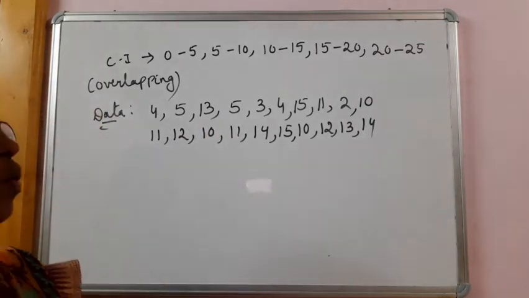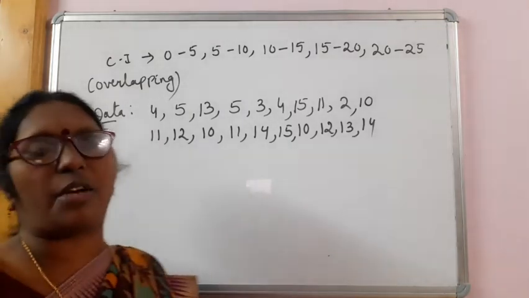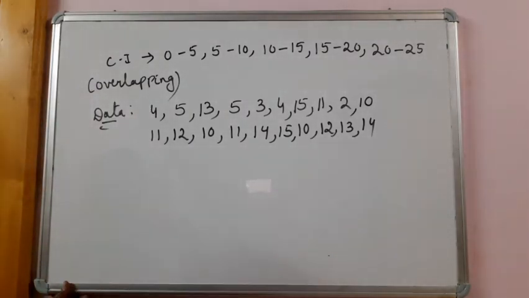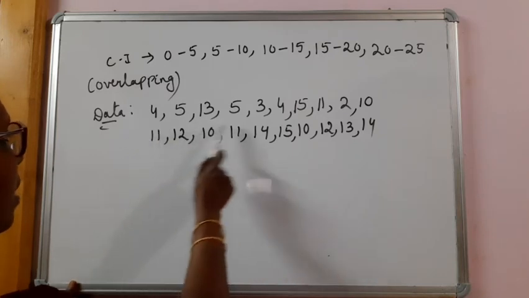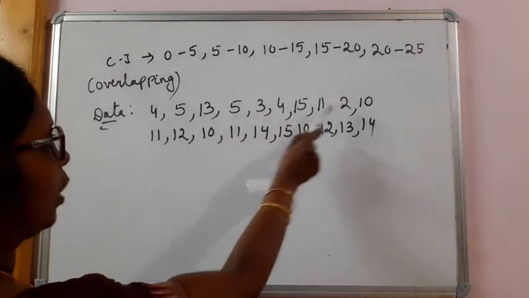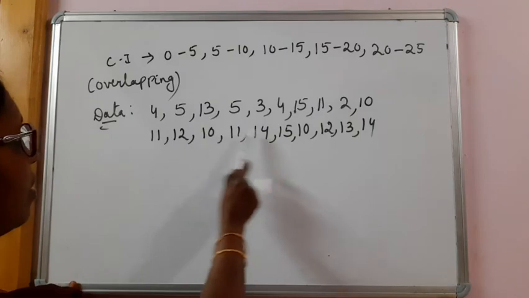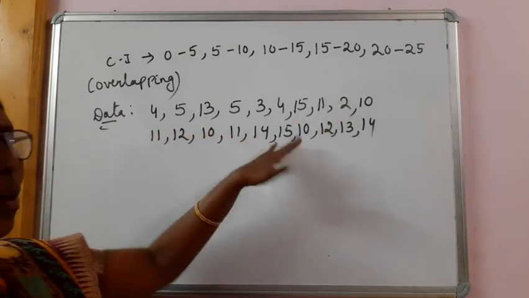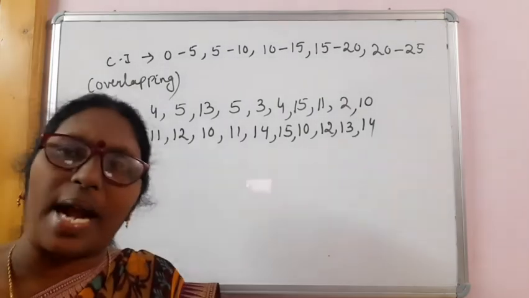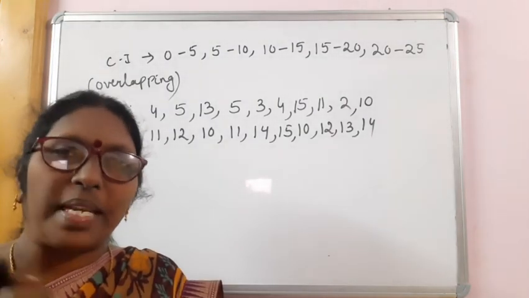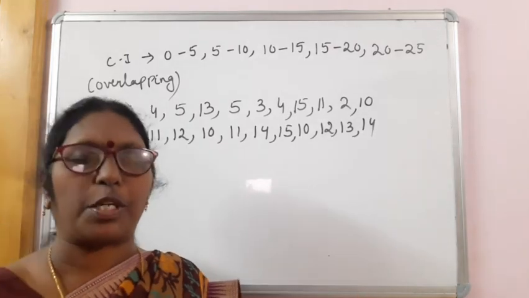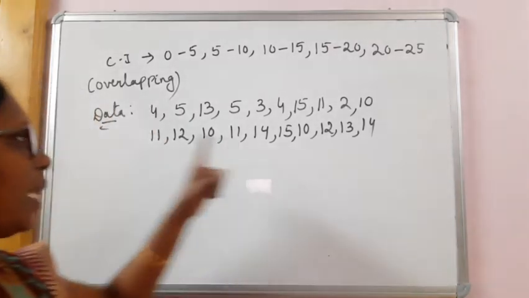So in order to show this in the form of class intervals or in the form of a frequency distribution table, you see the least number. The least number we can see is 2, and the maximum is 15. We can divide these into a minimum of 5 class intervals to a maximum of 20. Whenever you do this, you have to see that. So in this case,